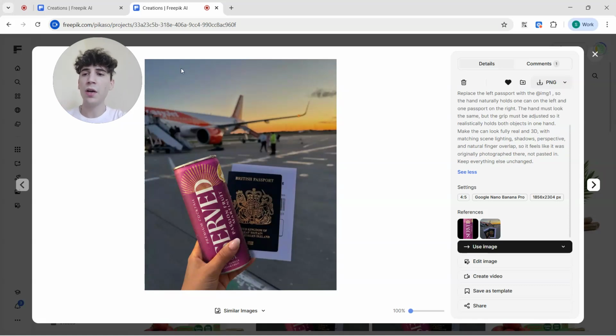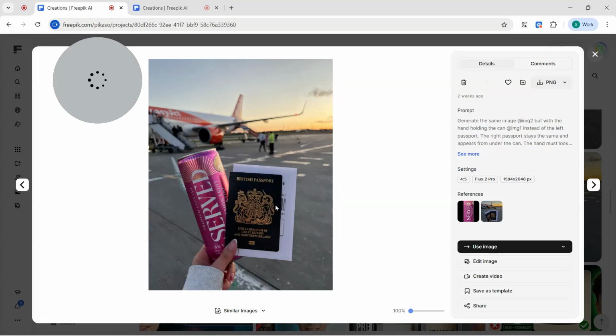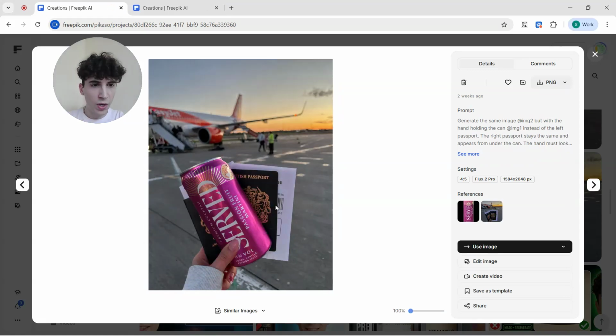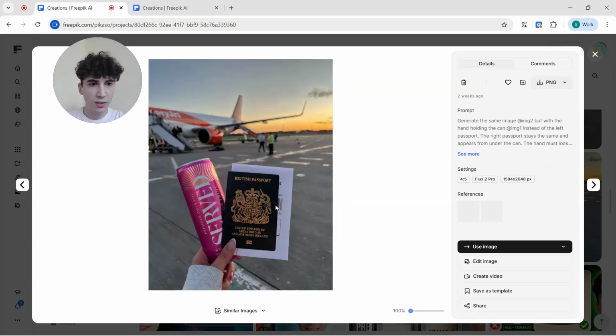I did not care about the background. I did not care about the product. I did not care about anything in this image except for the grip. The only thing I needed from this image was the correct grip reference. And that was exactly what I did. And by the end, when I started adding three